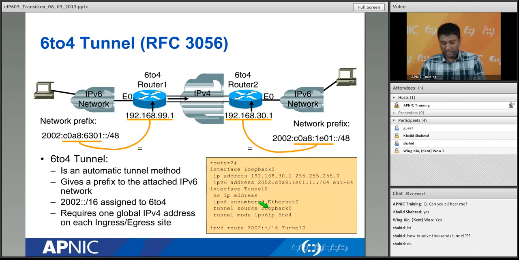So what they will do, since it's 6to4 encapsulation, from the destination address they look into bits 17 up to 48, take it out, convert it to a dotted decimal IPv4 address, and that address will be put on the tunnel destination in here. So this is how we have a v4 packet. Now you see this packet will be forwarded up to the other side using v4. This is how I got the destination side of the tunnel. So it's a very clever way to solve this problem. That's what we call a 6to4 tunnel, where the tunnel destination is discovered automatically.